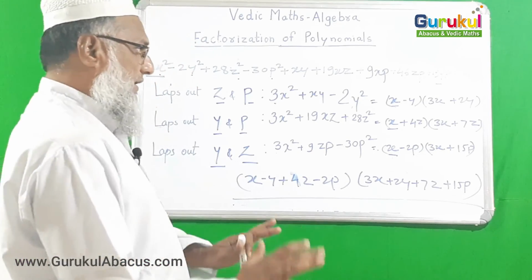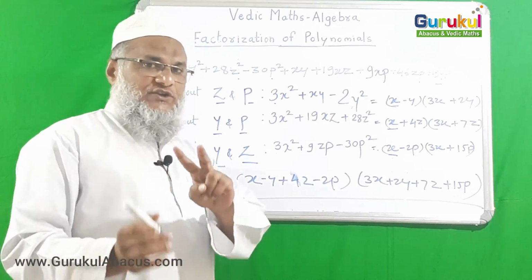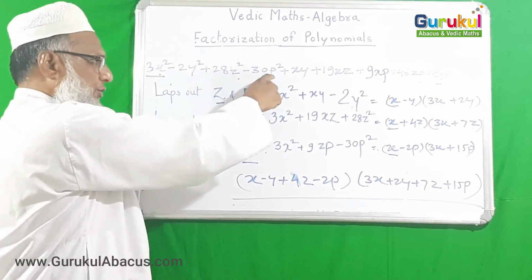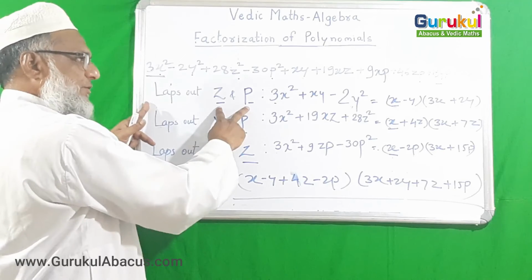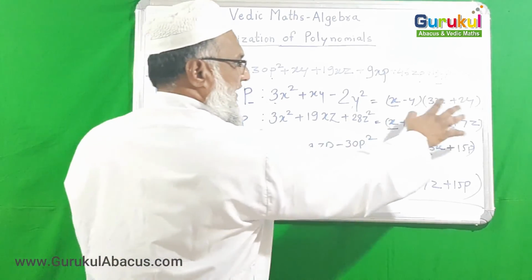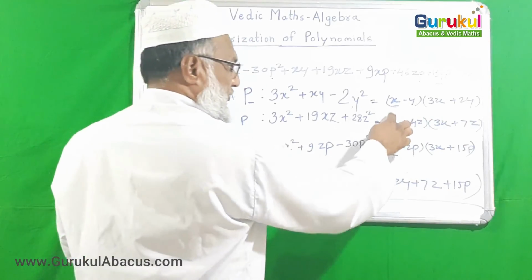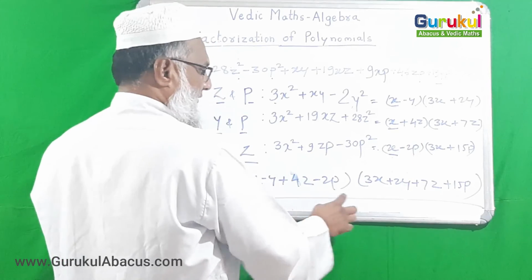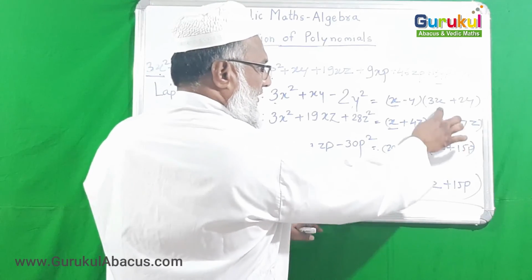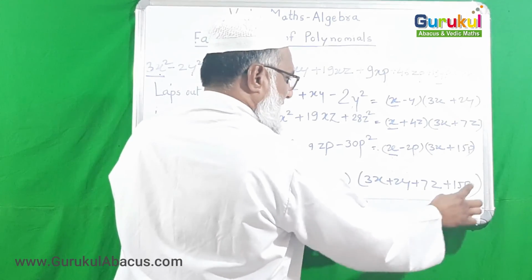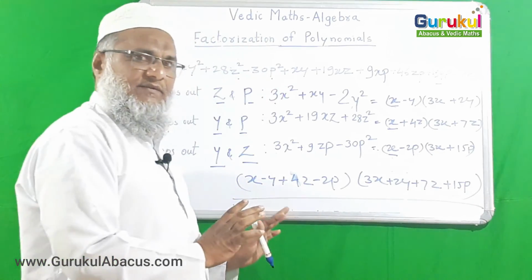Here, to understand, there are two main things we focus on. The variables were four, so we lapsed two, then the other two, and then we found the factors in that way. What is common we take, and what is uncommon we also take. Here 3x was common and was taken, and the uncommon terms were also taken, and we made a factor. In that way we can solve this example. Thank you. Next example.